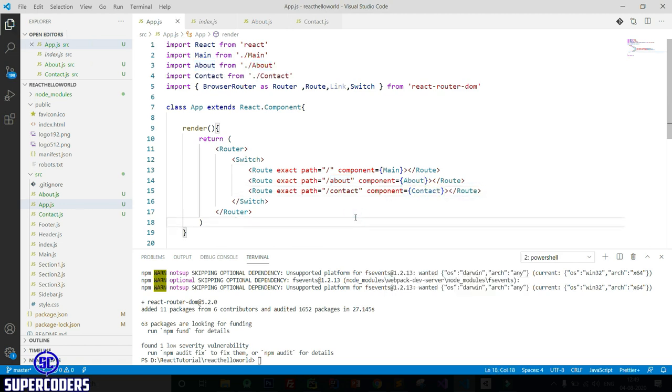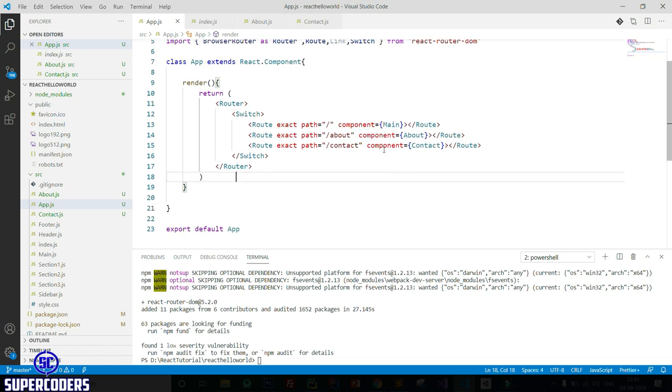Now let's save it. So here you can see I created 3 URLs. First is home, then about, then contact, and all these are related to a component. So in first I am showing this main component. In second you can see I return the about us component. In third I return the contact component. So let's see it is working or not.